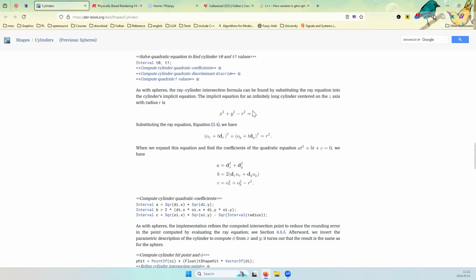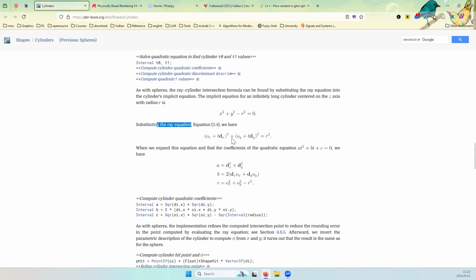Anyways, infinitely long cylinder. Oh, but then we can just do this and then clamp it. Didn't we read the intersecting implicit point here? I didn't read the infinitely long part, and so I was like, how does it know when to stop? Yeah. Anyway,